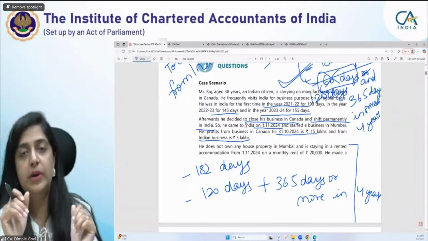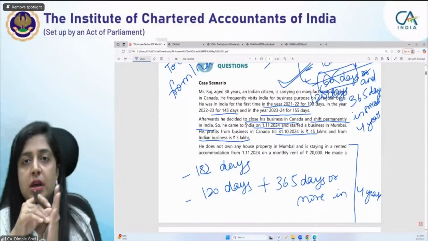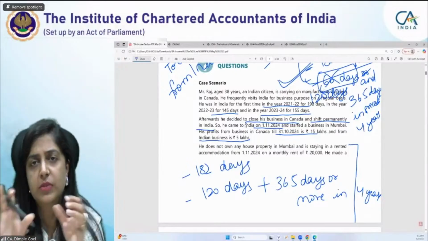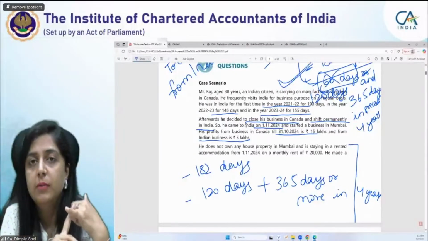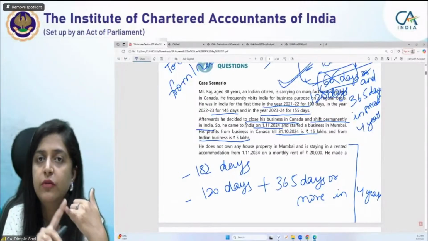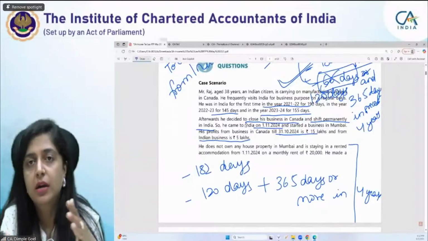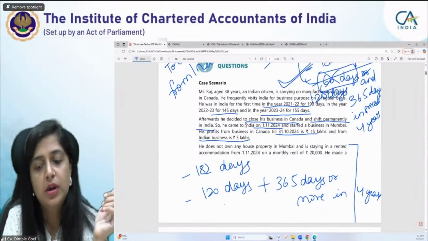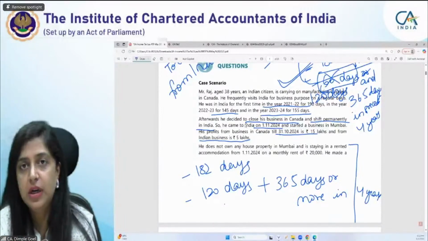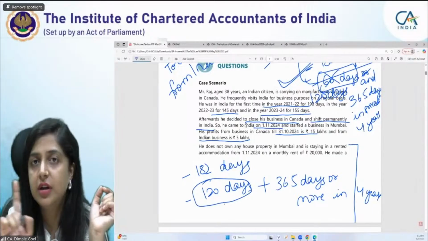So what will happen if an individual who is a resident in India, staying abroad, comes for a visit to meet his parents or for any business purpose for some time? In that case he will be a resident in India if he stayed for 182 days or more, or if his total income exceeds 15 lakh from Indian sources, then 120 plus 365 days. But because he is shifting to India permanently, the benefit of this 120 plus 365 days condition would not be